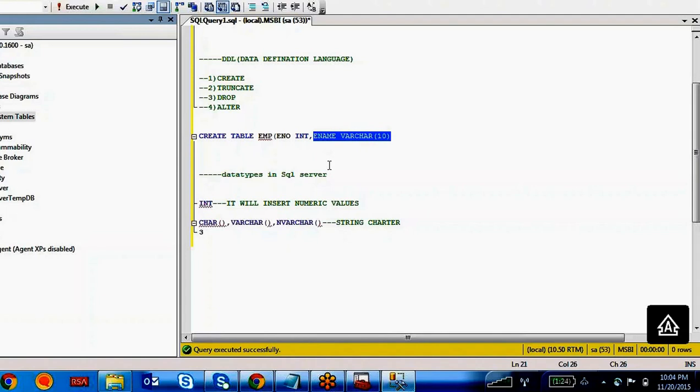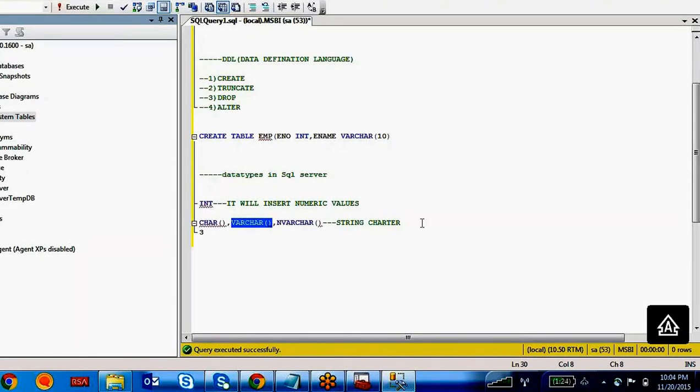Okay, right. So then what about this nvarchar? What is the difference between this varchar and nvarchar? This varchar data type is a non-unicode data type, and this nvarchar is a unicode data type. Then what is non-unicode and what is unicode?